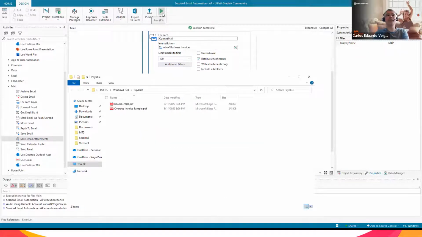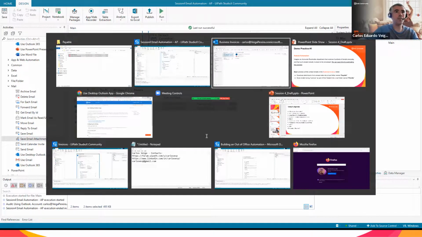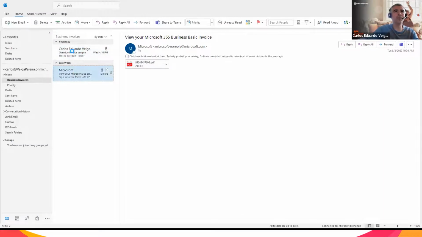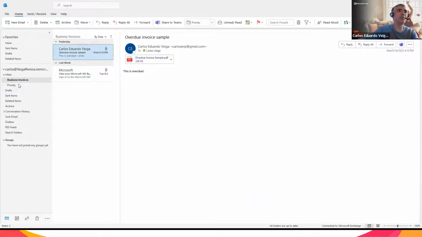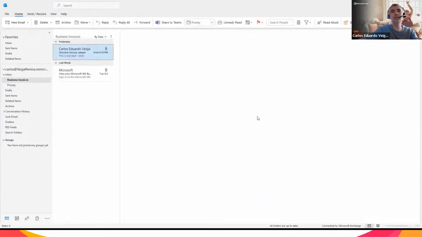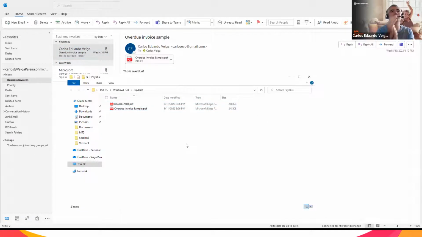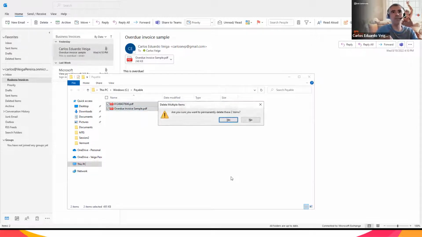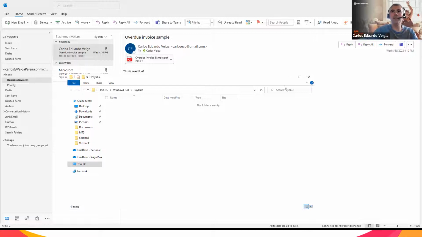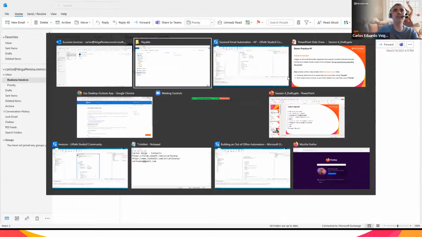There you go. Magically, 2 files appeared. I'm gonna delete them for now. Let me just see. In Outlook, my emails are still here, so they haven't been moved around. My priority folder is still empty. But I am at a point in my process where, nice, I'm already saving my attachments to that folder. For now, I'm going to delete them so that we can always test it again and test